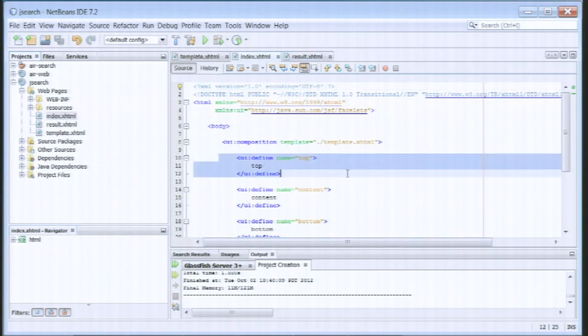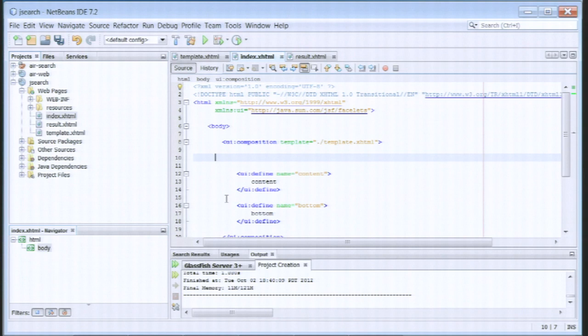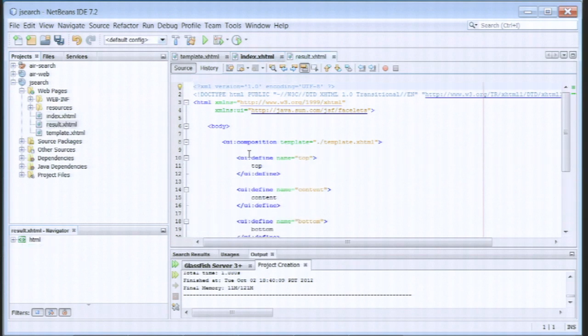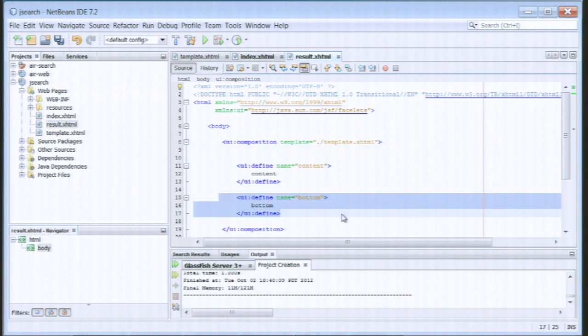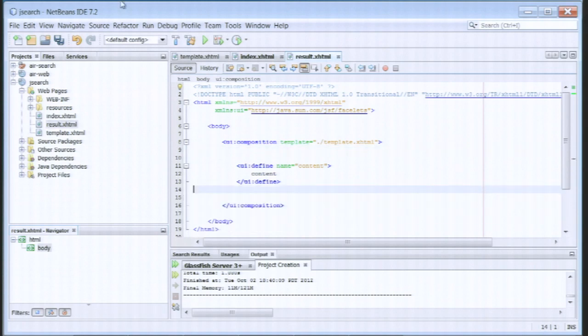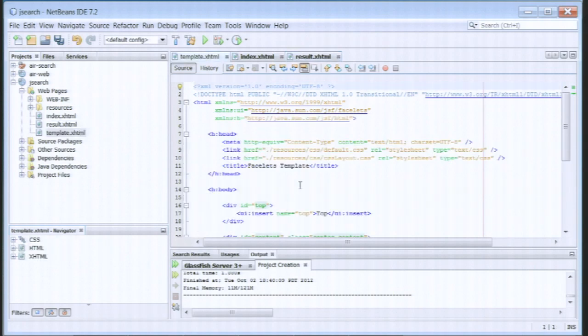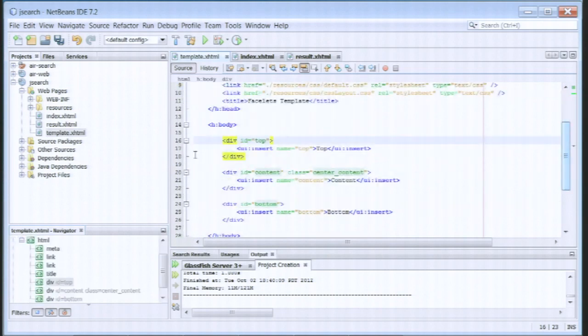So, if we start and edit the template, the index page has only content, the result page has only content, and the template defines the header and the footer. So I can define the header and the footer. The header is JSearch, our sample, and the footer is Java 1. And here we go, we have